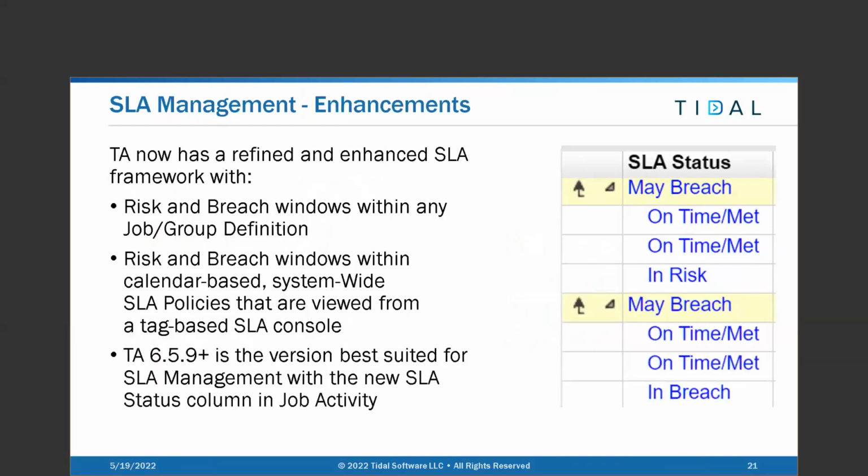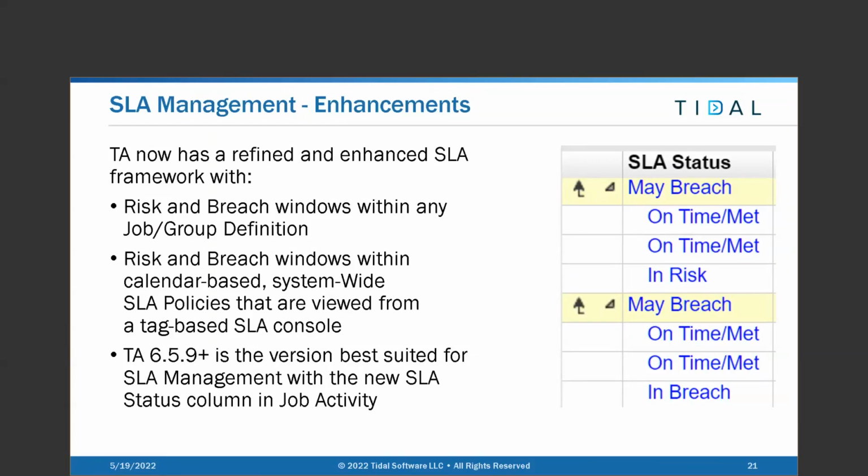So what kind of enhancements do we have to offer? TA now has a refined and enhanced SLA framework. We're going to discover two new terms: a risk window and a breach window. The risk window and the breach window are now going to appear in all of your job definitions, all of your group definitions, and that's one way that you're going to be able to implement an SLA, is that on a